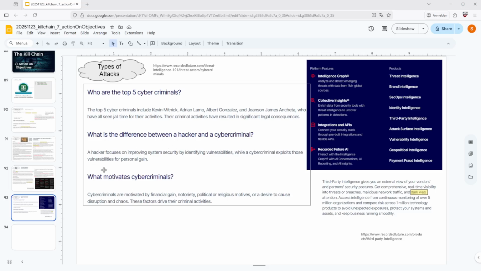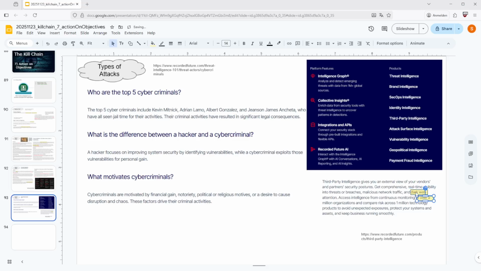Let's see what they write. A hacker focuses on improving system security by identifying vulnerabilities, while a cyber criminal exploits those for personal gain. Yes, exactly. So personal gain, that's the difference between a hacker and a cyber criminal. The hacker, they don't always get rich by what they do. Okay,